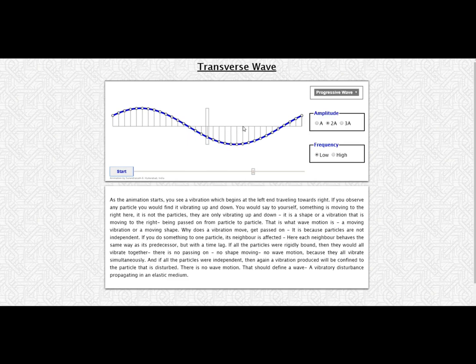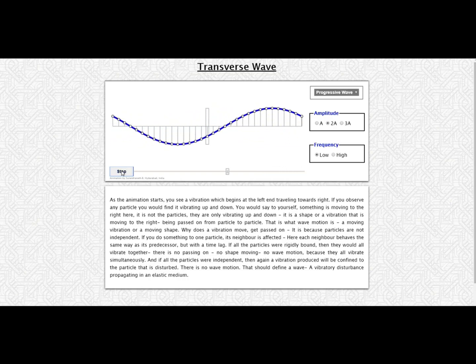In the middle there, we call that the equilibrium location. Basically, what it would look like if there was no wave. The distance from equilibrium to the top of the wave is called the amplitude, and also the distance from the very bottom of the wave to equilibrium is the amplitude. Good. We're going to get this thing moving again.